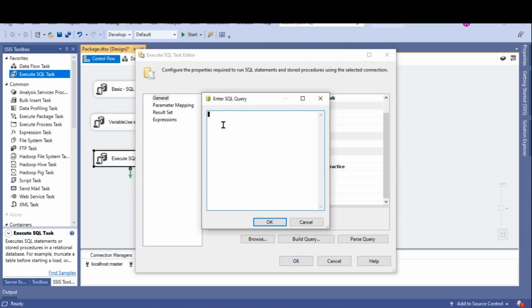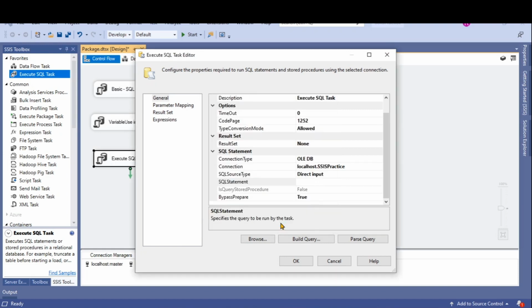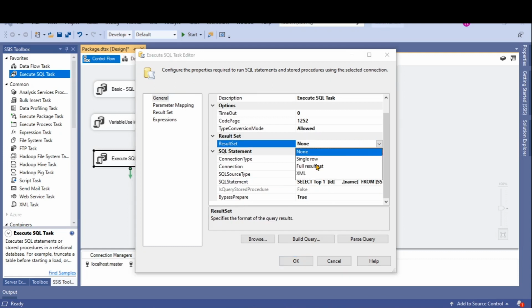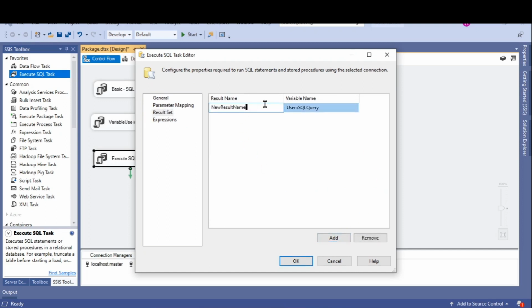So now select our query again and copy and paste here, and let's use top one here, ID and name, and click OK. Now select single row, and go to result set again and enter here. Because it's a single row, we can now map into two different variables. The first one is ID, right? And the second one is name. So here, for the first one, create a new variable for ID,